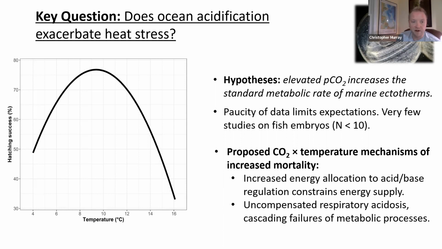For fish embryos that have a very limited ability to partition energy supply to different homeostatic mechanisms, this might push them over the edge in terms of their energy supply limits. Thermal acclimation in ectotherms generally requires an increase in metabolic rate as temperatures increase. This is classic thermal biology. But if there are added stressors on top of that, it might exceed the amount of energy available for rapid acclimation, resulting in death or other malformations.